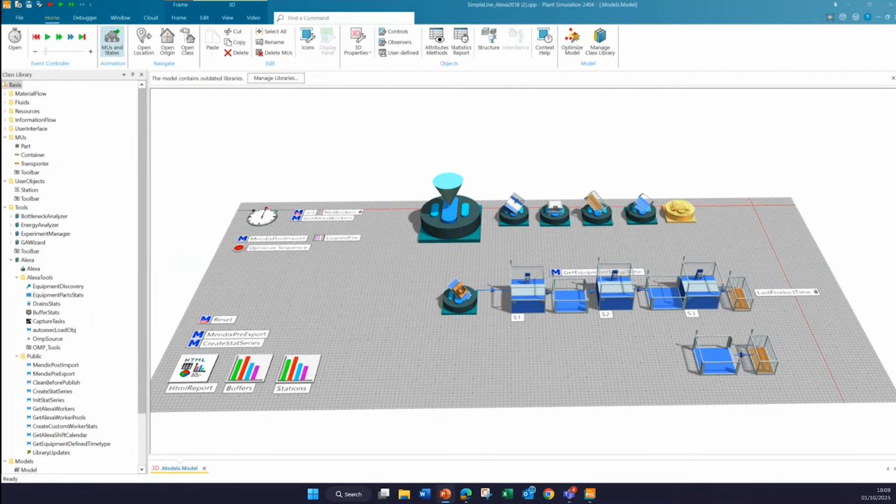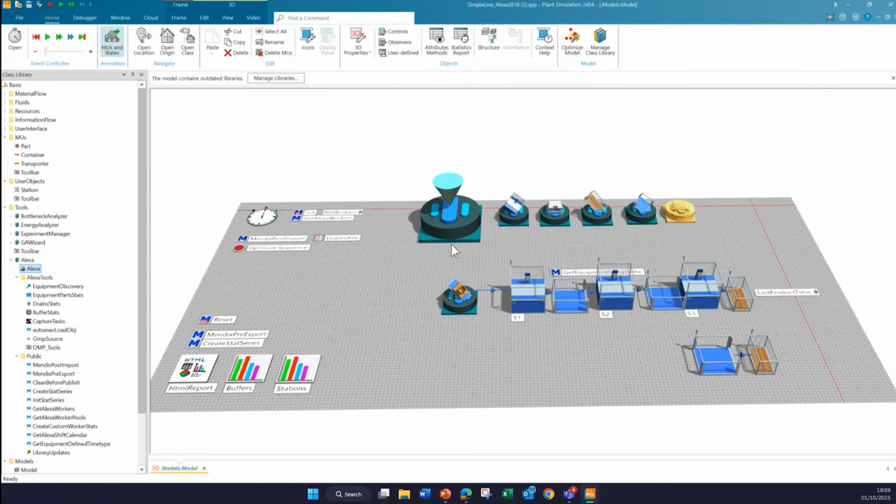So as I mentioned, all the magic is done by this library that connects the plant simulation model to the web application via Optimize My Plant, allowing you to easily structure your models. It also comes with built-in KPI objects that save you time.